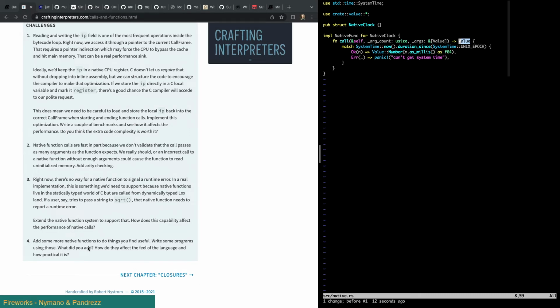Okay, add some more native functions to do the things you find useful. Write some programs using those. What did you add? How do they affect the feel of the language and how practical it is? All right. It would be nice to be able to read and write files. That's the big glaring one. And the second big glaring one is the fact that we can't do input. We can't ask the user for input in the middle of a program.